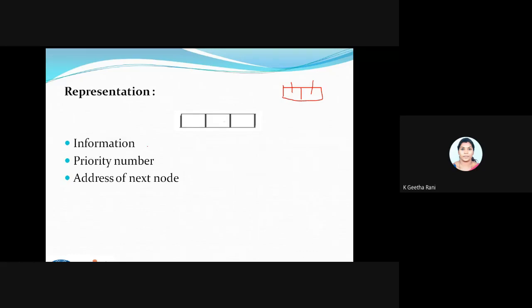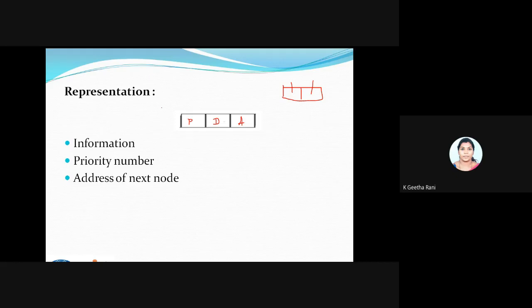One will be holding the information or data, this one is going to have a priority number, and this one is going to hold the address of the next node. In unit 3 or unit 4 you will be using this type of structure for implementation.